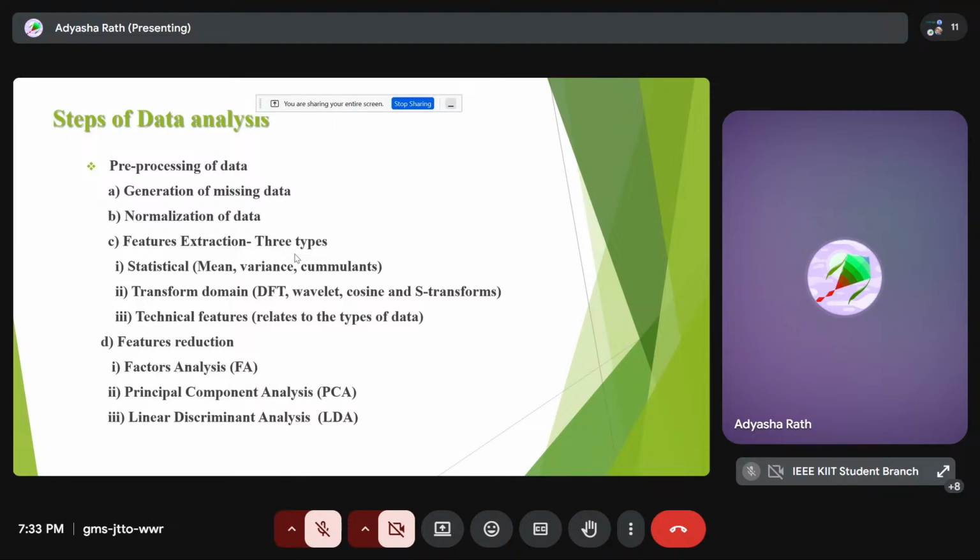Then coming to feature extraction. What is the meaning of feature extraction? Basically, there are three types of feature extractions. Again, we will discuss why the feature extractions are important, what is the meaning of feature selection. So many things are there. We will discuss. Feature extraction means, suppose there are two twin boys, and how the mother will know